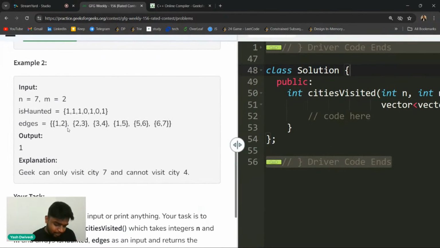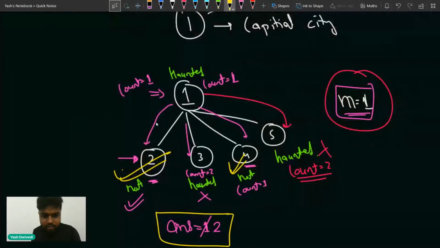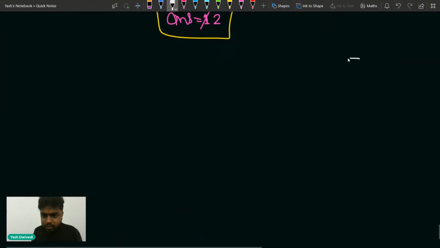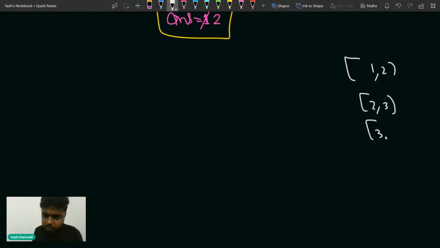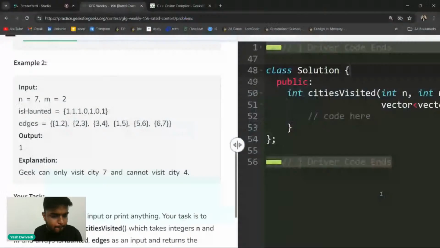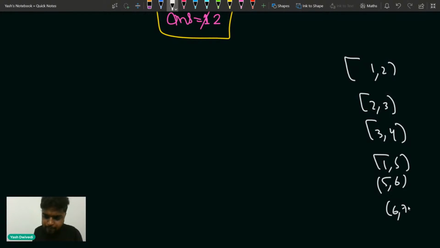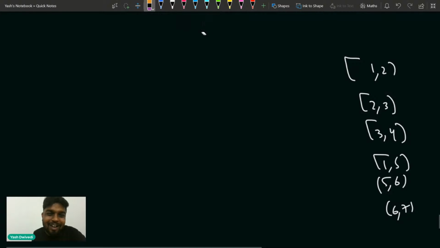Okay. So far everyone is clear now. You can give me a +1 again. So far everyone is clear. Then I'll proceed further to the second test case explanation. Okay. So let's say I've been given 1 comma 2, then 2 comma 3, then 3 comma 4, then 1 comma 5. Then I've been given 5 comma 6, let's say. Then 6 comma 7. In the hidden test case, I don't know about the hidden test. I have not seen the hidden test case. I don't have access to the hidden test case.